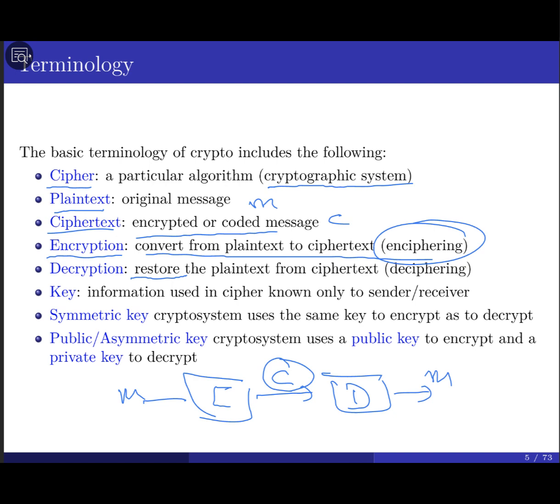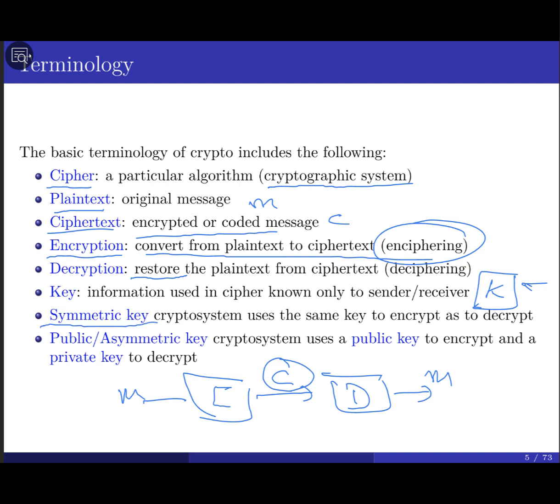The key, which is very important, is useful information that is needed in order to perform encryption and decryption. And remember the key, generally speaking we use K, must be secret. If anyone knows your key, then you're done. You know everything. You can imagine your key like, of course not the same thing, but you can imagine it like your password for your email. Everyone knows your email address, but if they know your password, then you're screwed.